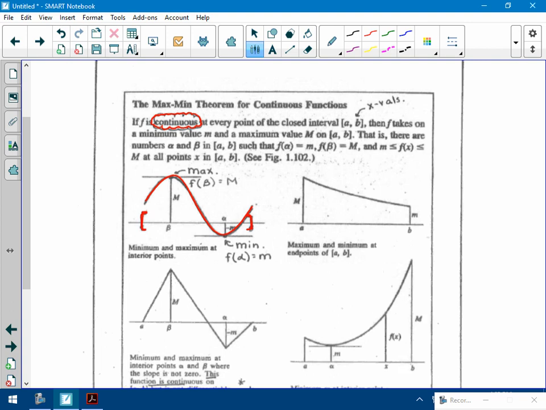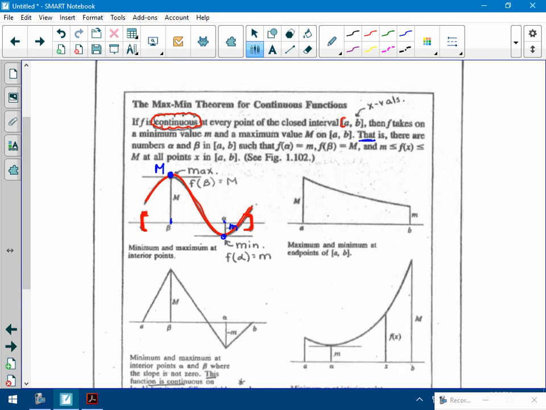Okay, cool. Now this interval is talking about x values, as you can see as they're on the x-axis down here. If it's continuous, so if I can draw this without lifting my pen or pencil, there has to be some maximum value in there, and there has to be some minimum value. You can see them pretty easily. Here's the maximum value, here's the minimum value. And that's within that closed interval [a, b] that I was talking about. Okay, so the maximum value they're calling big M, the minimum value they're calling little m,